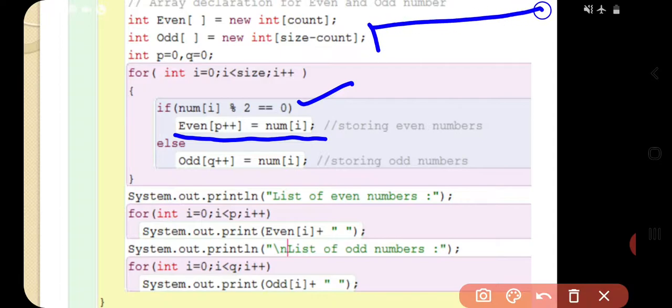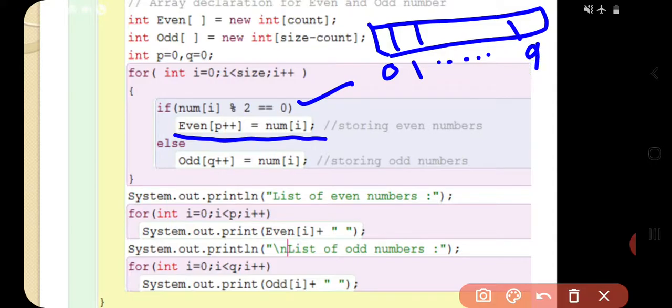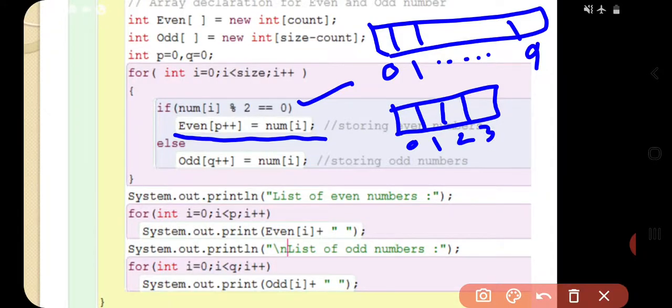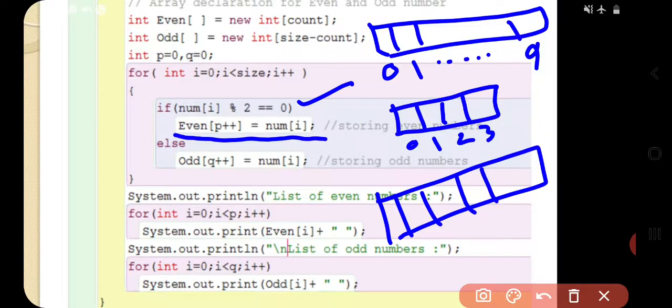See, in the num array we are having every element in this format, and in the even array we are having elements in this format, and in the odd array we are having elements in this format.